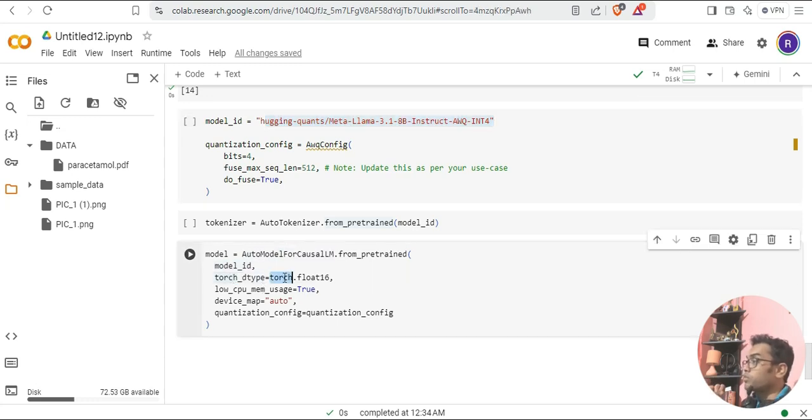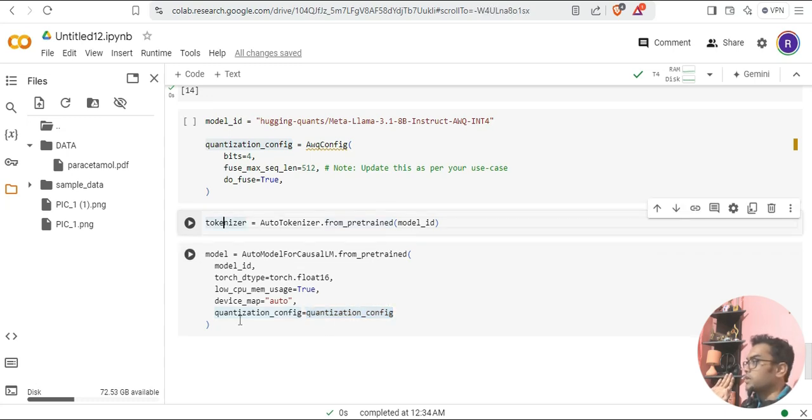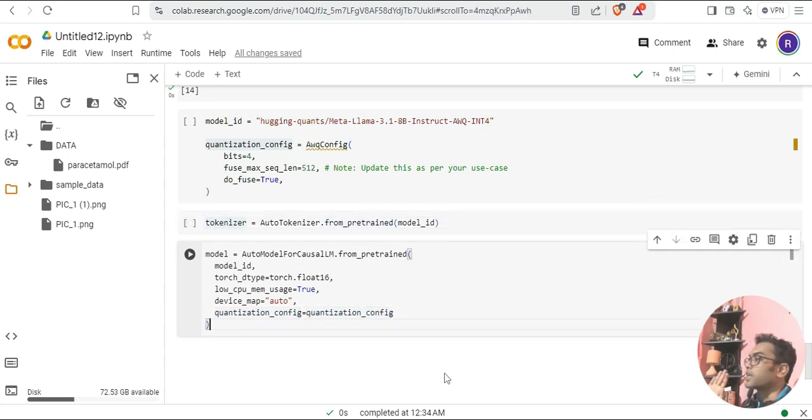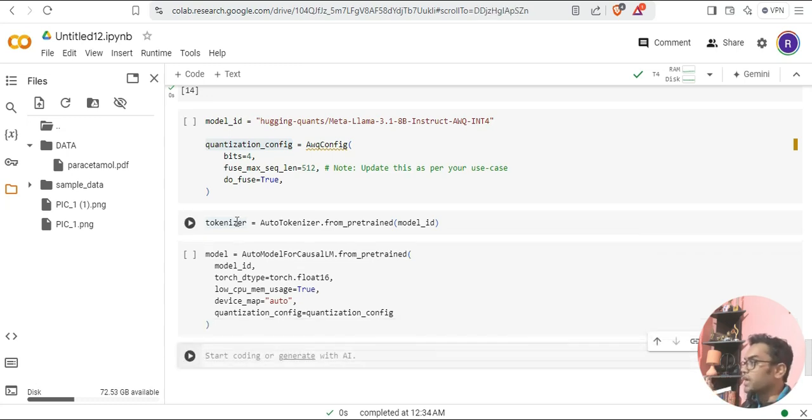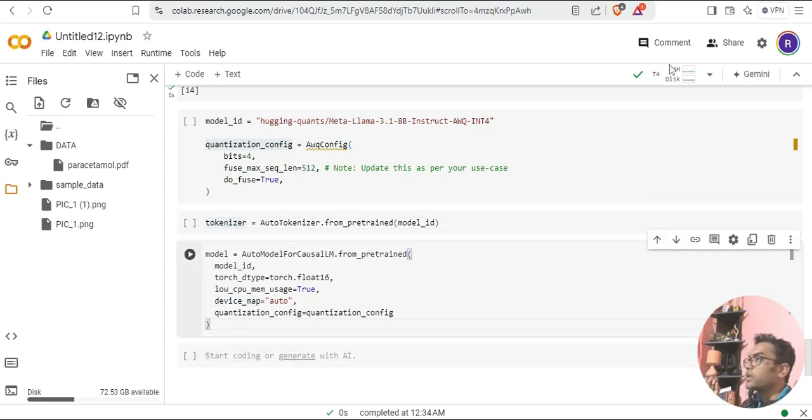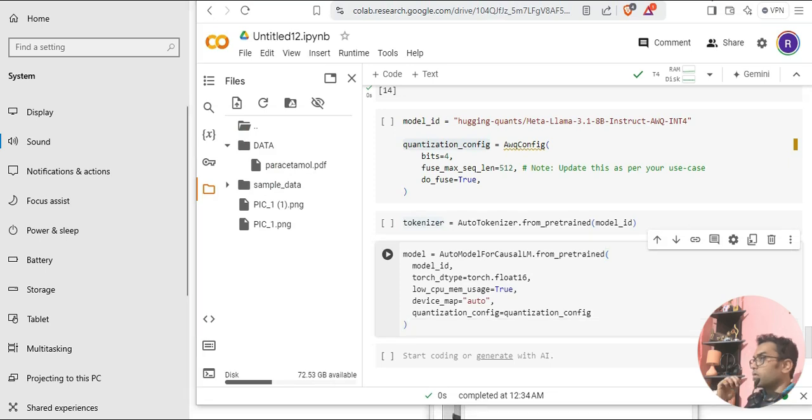My torch dtype will be torch.float16. low_cpu_mem_usage, I have set to true. device_map is auto, and the quantization config that I declared here, I have put here. So my tokenizer is ready, and my model is ready. Now I'll have to make the pipeline so that I can connect these two together. Let me pull in my